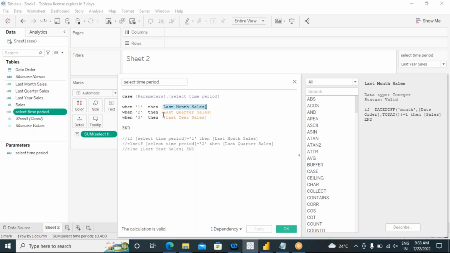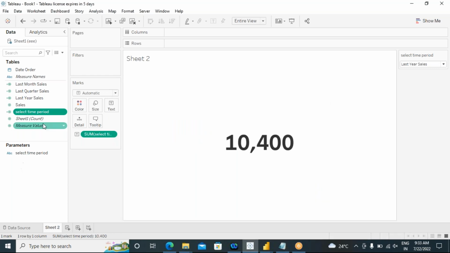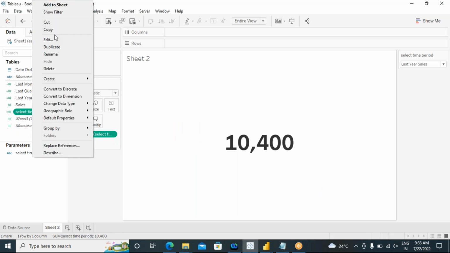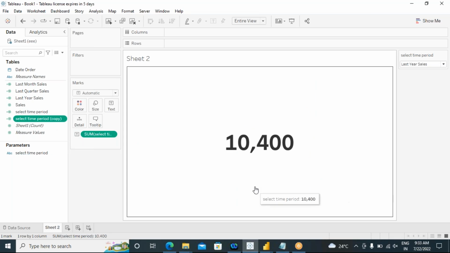Can we write that calculation directly here? Yes, you can write it. Whatever calculation you want to write, you can write it here. Let me show you. Just duplicate this. Just duplicate this time period. So far clear, right? Any questions? So it is a little bit